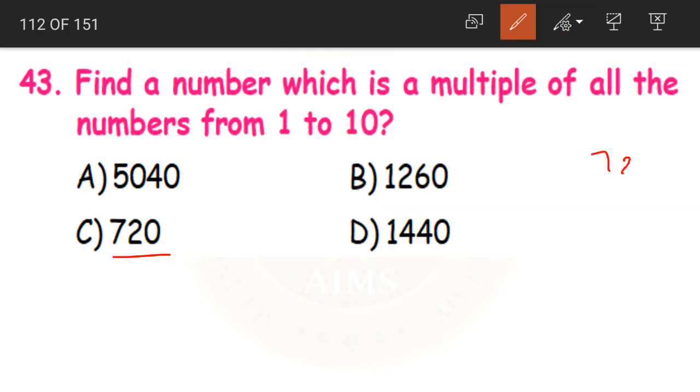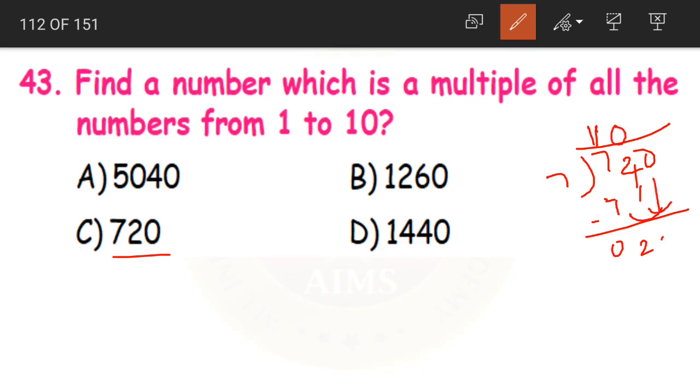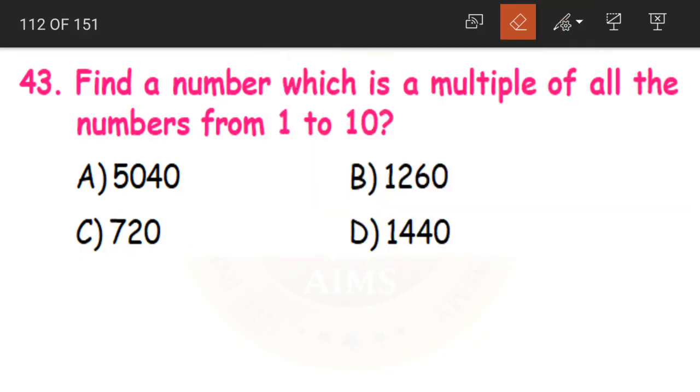Now coming to option C, 720. Now here we cannot divide 2 by 7. So I am writing 1 0 and bringing the other one down as well. 7 to the 14 and the remainder is 6, children. Yes. So 720 is not divisible by 7. So we can cross out 720, right, from the given answers. So 720 cannot be our answer.